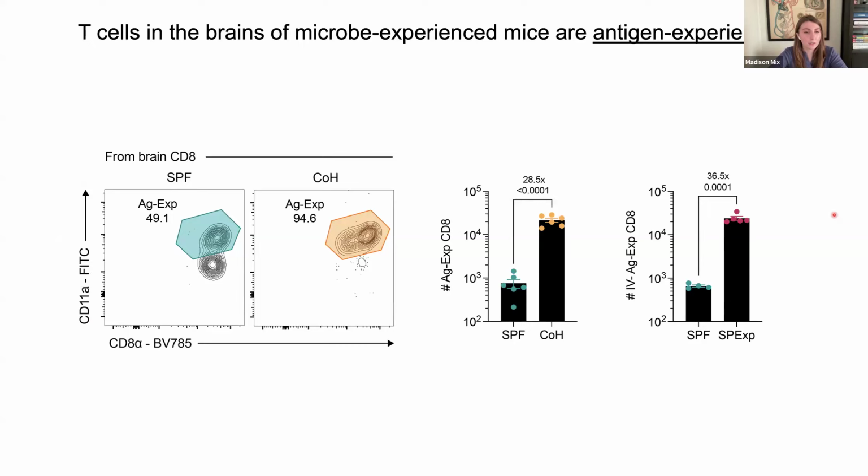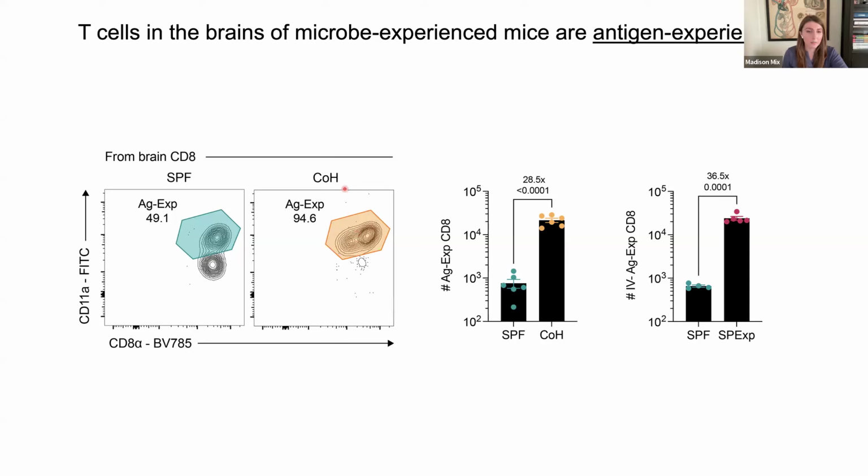And so one way we can determine whether cells are antigen experienced is via their differential expression of markers like CD11a and/or CD44. And so if we look at brain CD8 T cells that were derived from SPF and